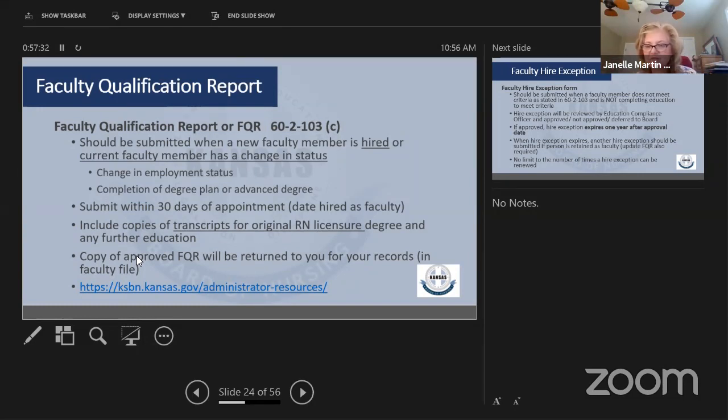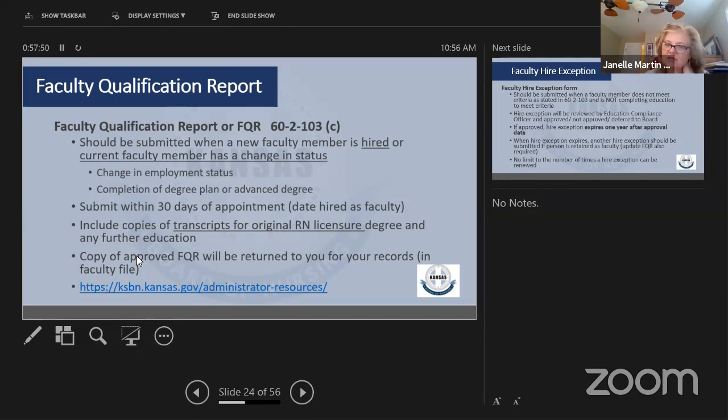You just have to submit the degree plan. So everybody needs the faculty qualification report. And then if they don't meet the requirements, they either need a degree plan or a higher exception. So that's just kind of to clarify that.